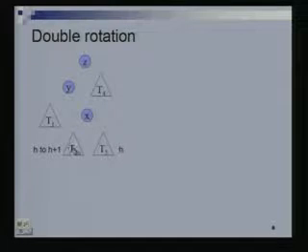Yeah, so if this is h and the new height is h plus 1, so what is the new height of x? H plus 2, and what was the original height? H plus 1. So its height moved from h plus 1 to h plus 2. Now let us look at the height of T1. Well, since y is still balanced, that means the height of T1 is either h plus 3 or h plus 2 or h plus 1,